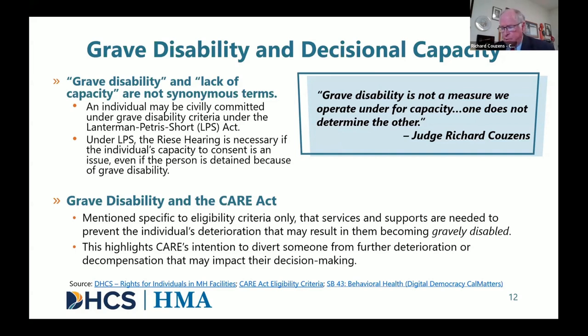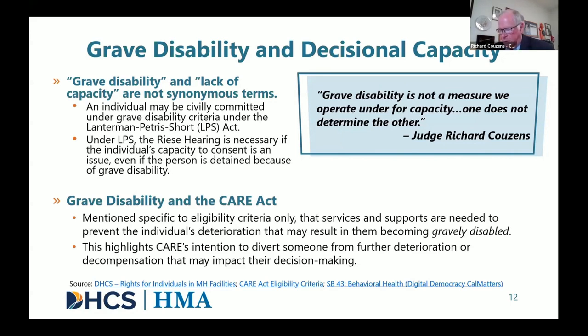And it's certainly possible that a person can be gravely disabled, for example, but still have the capacity to give informed consent to medication. So while they're useful, we have to keep them separate. Each has their own definition. Each has their own legal consequence once it's found. And the understanding of that will help you, I think, wend your way through these complex and seemingly interchangeable concepts, which they clearly are not.